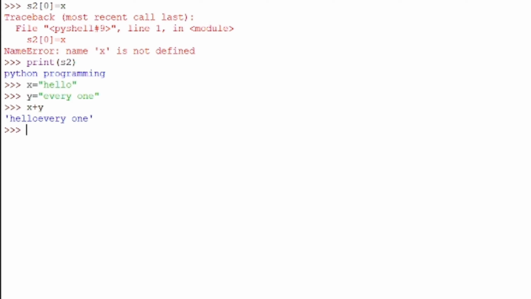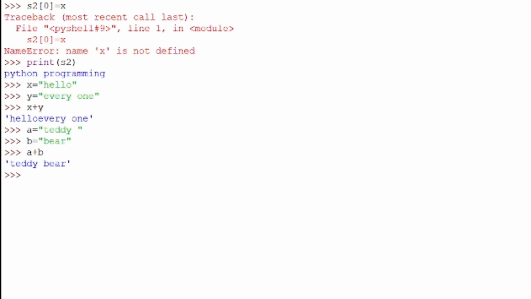For example, if you take a is equal to "Teddy " with a space, and b is equal to "bear", if you print a plus b, see it is giving Teddy bear with a space, because we have included the space in the double quotes of a, otherwise it will not give any space.